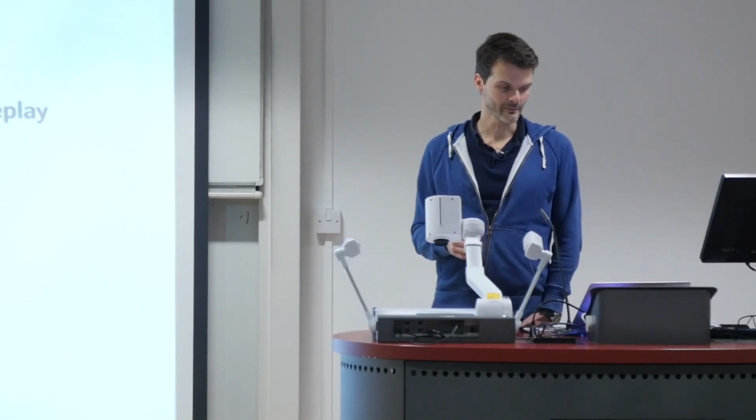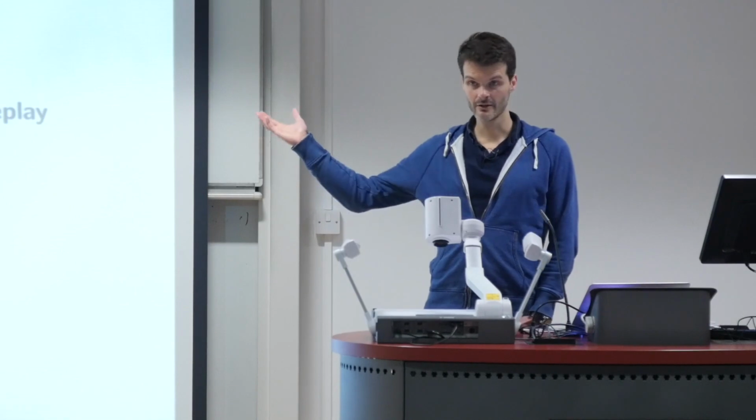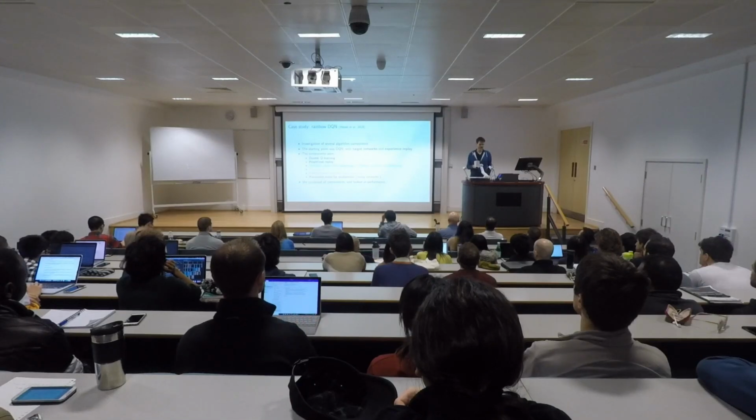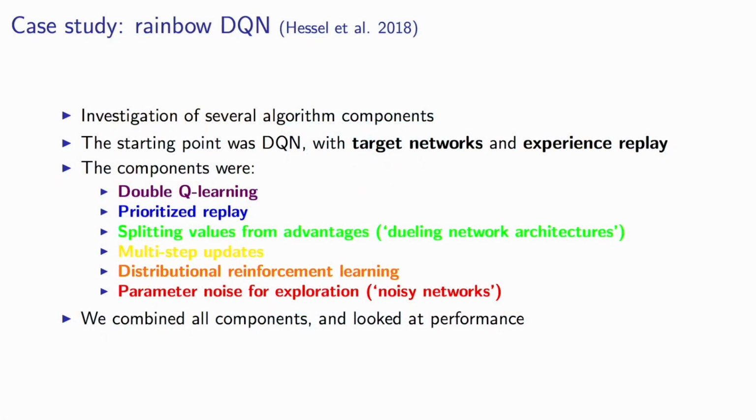But I wanted to walk through an agent that we recently built, which we called Rainbow DQN. This was, by the way, in collaboration with Hado van Hasselt, who gave the TensorFlow lecture at the beginning of this course as well. So you've seen him. And the starting point here was the DQN algorithm, which I think I have in a slide or two. So I'll tell you again what's in there. Which is basically Q-learning with deep neural networks, including target networks and experience replay.